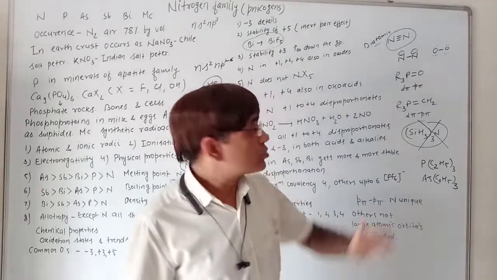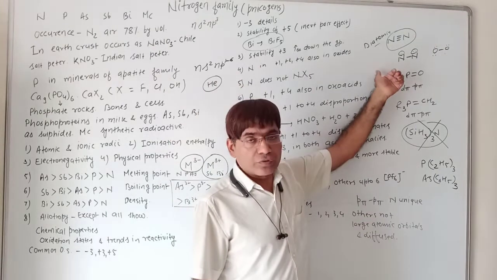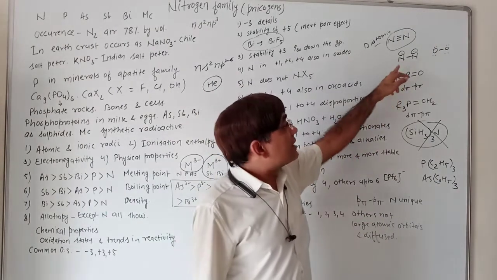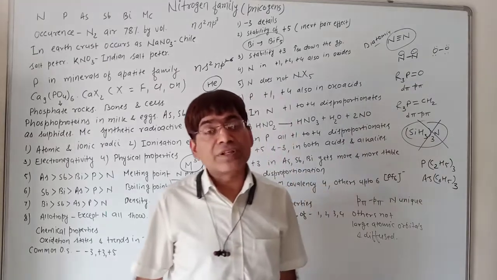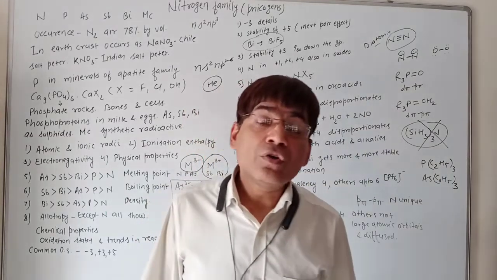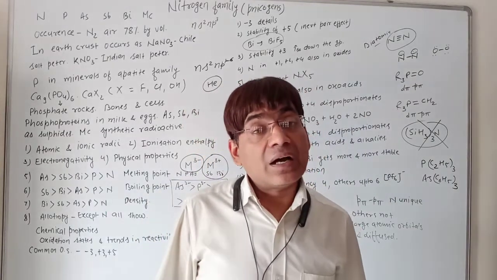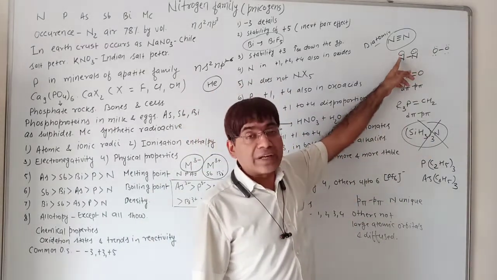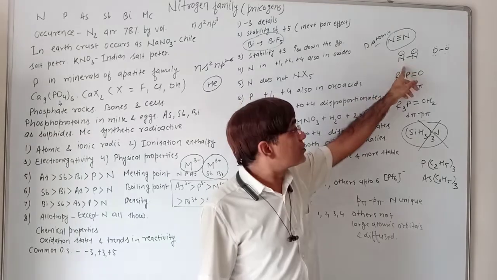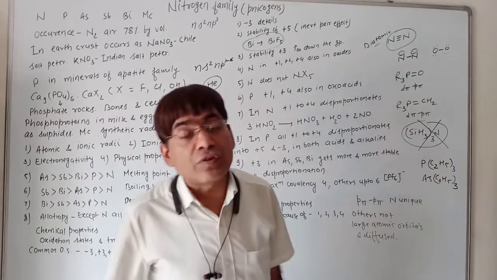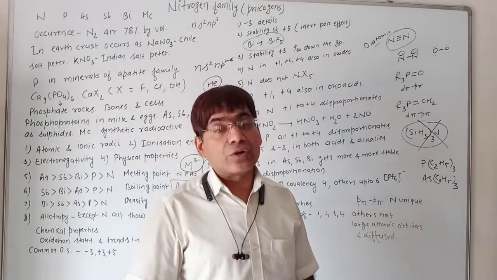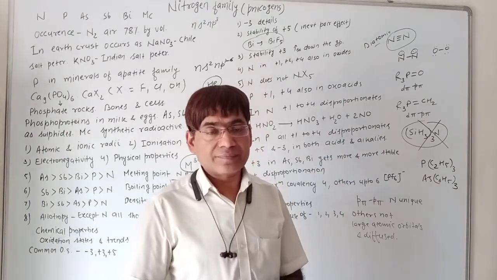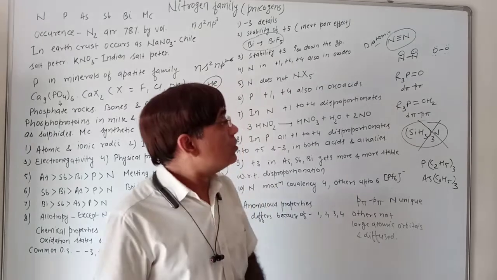Is it clear? So this is important from question point of view. Okay. So what we will say, catenation tendency of nitrogen and oxygen is going to be lesser than phosphorus and sulfur. Catenation tendency of nitrogen is going to be lesser than that of phosphorus, while the catenation tendency of oxygen is going to be lesser than that of sulfur. And the reason for that we have studied here. Is it okay? Now, next is what?